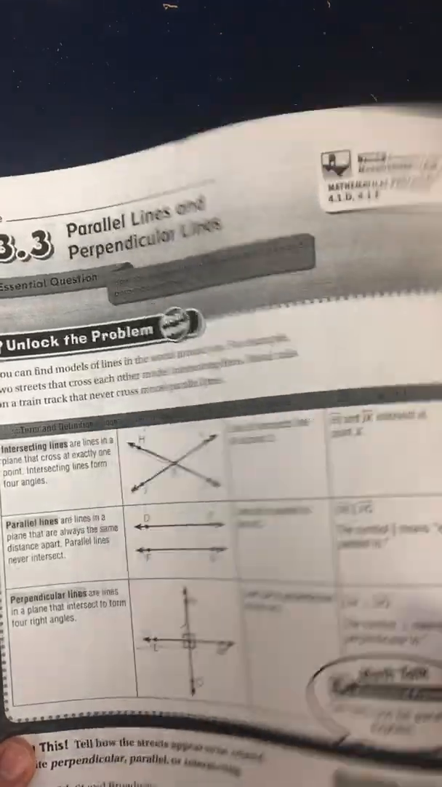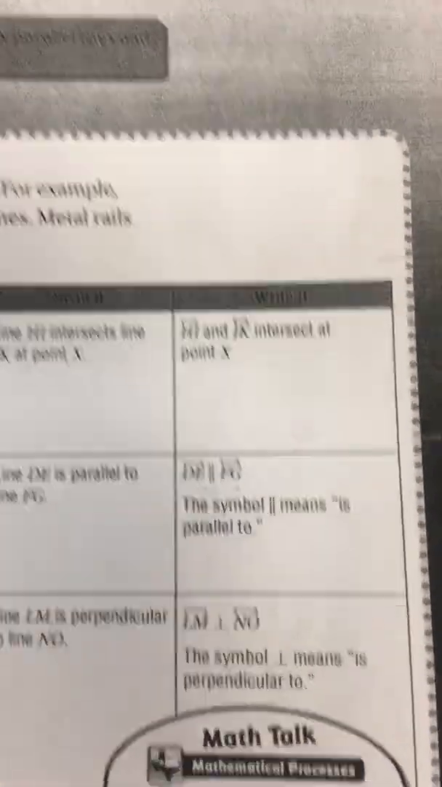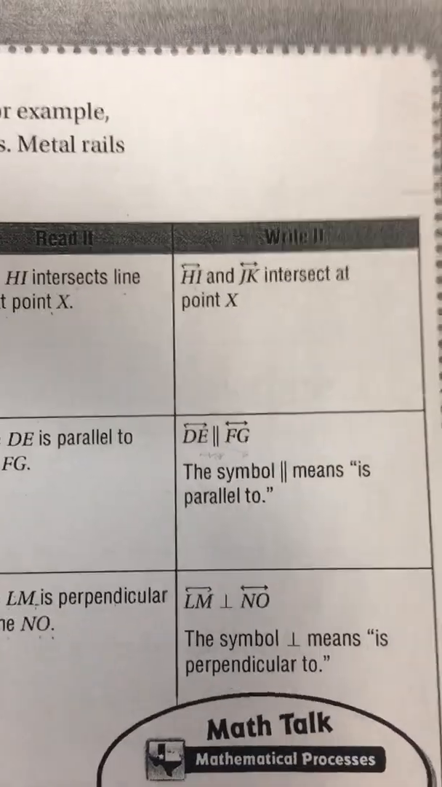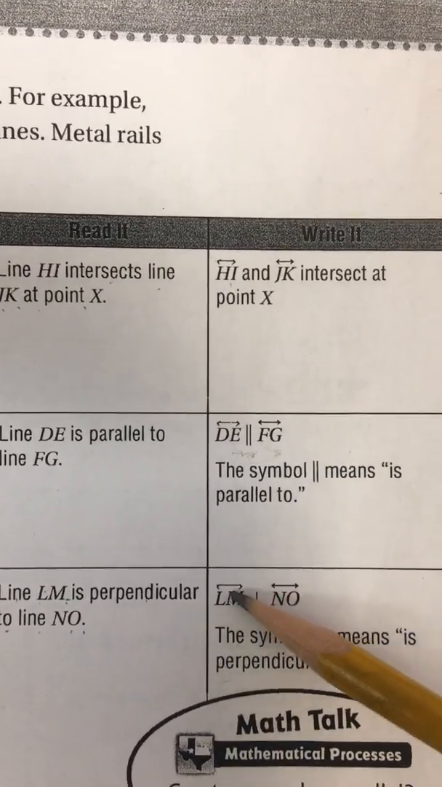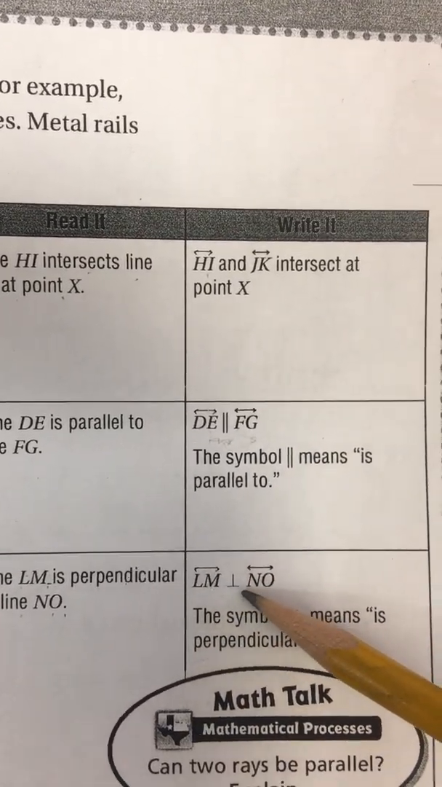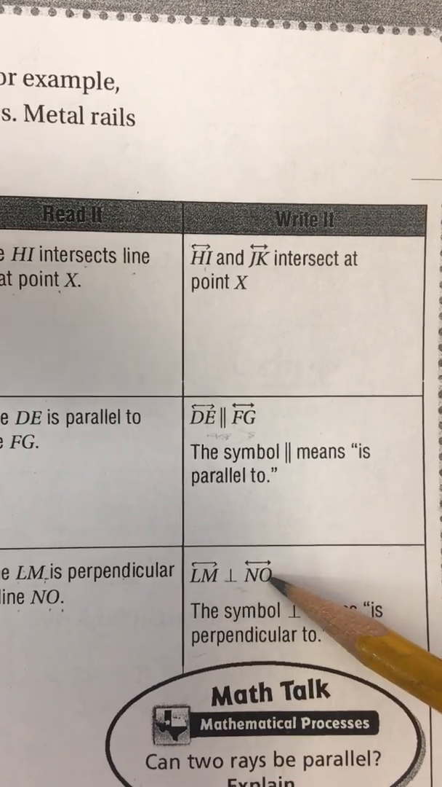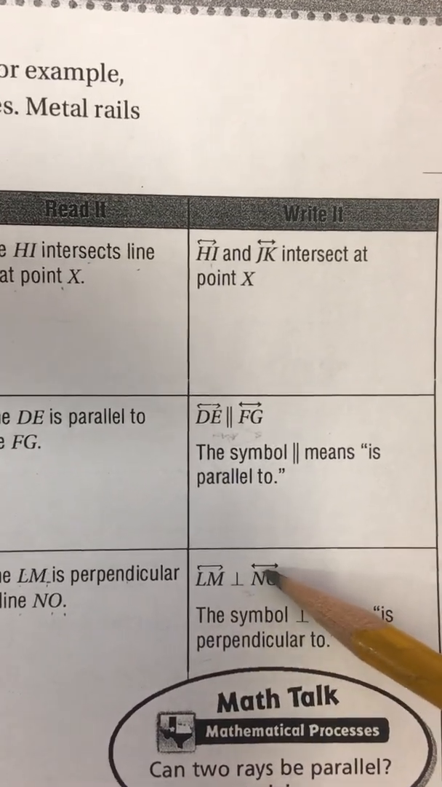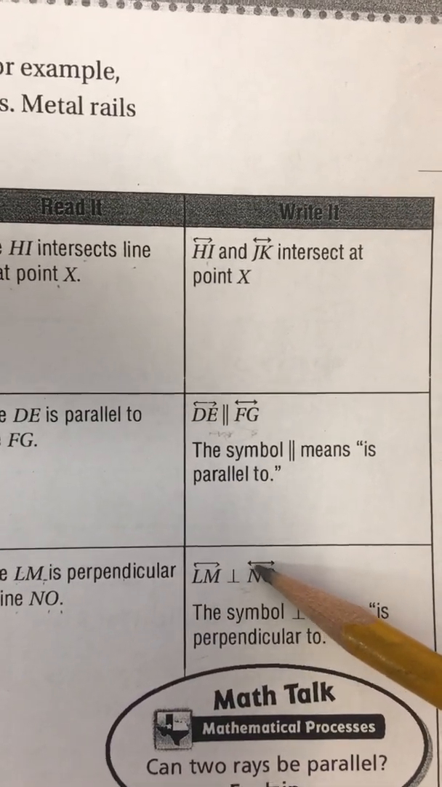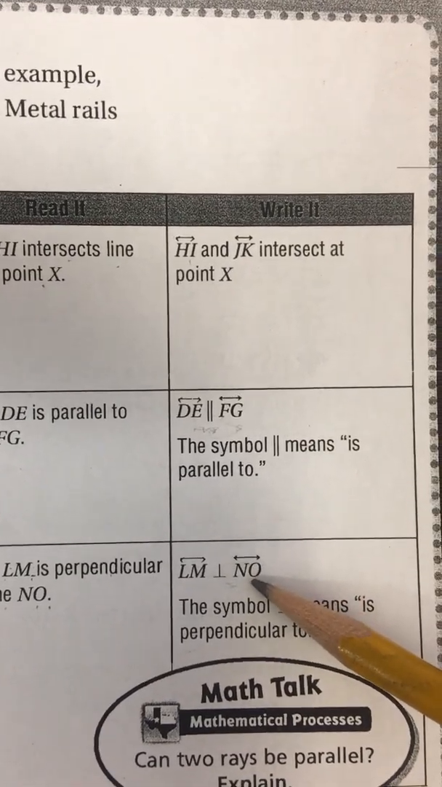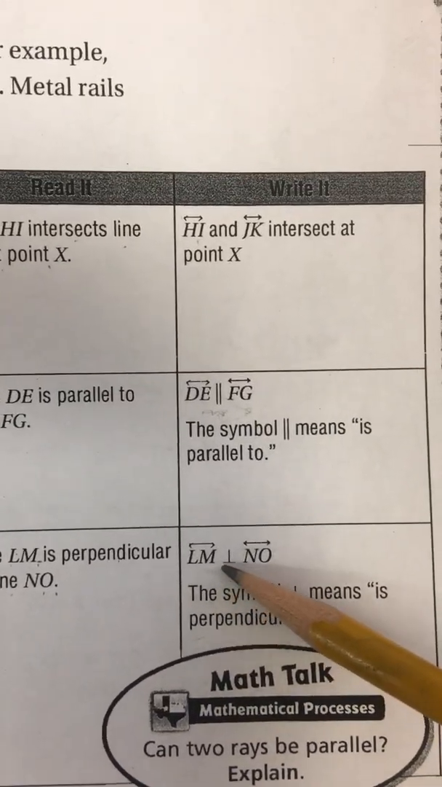Here's the symbol, and I like the symbol because the symbol is actually parallel. Line LM, and notice they have two arrows on the top, is parallel to NO. And notice that there's also on the top, it's saying it's a line because there's two arrows on the end of the line. So this is line LM is,